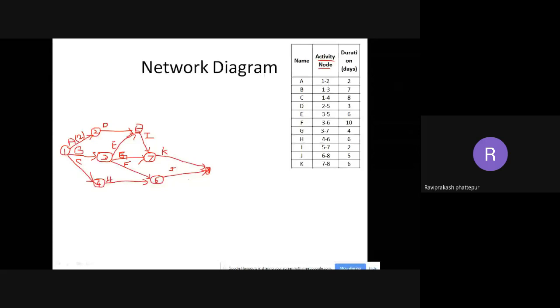Okay, so this is how we are getting different nodes like the burst and merge events. This is the general way of drawing the network diagram based on this kind of information, where the node is given to you. So between what nodes am I having the network, sorry, the activity. Earlier, in the question, precedence was given to you.